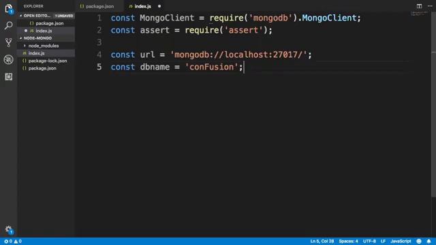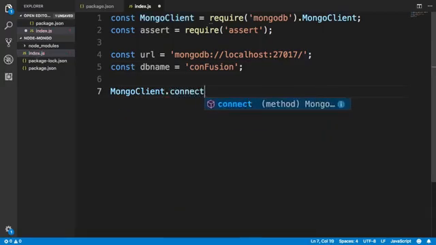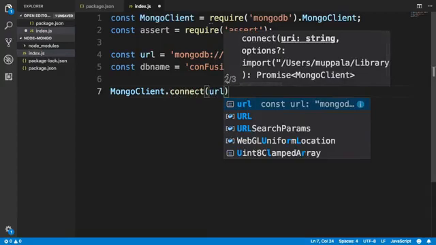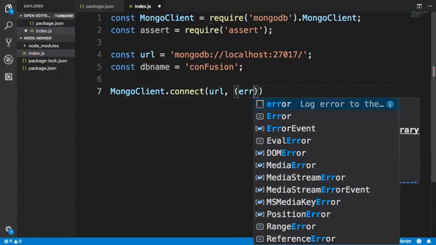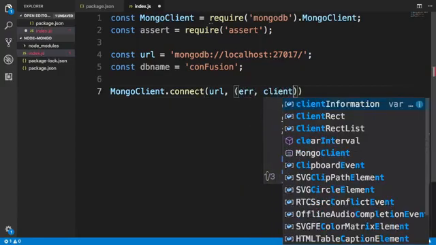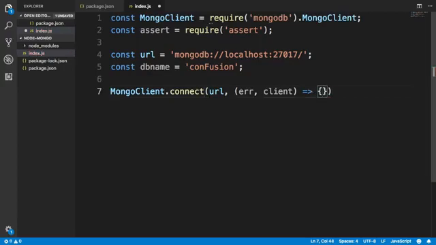Now, to access the server, we'll say MongoClient.connect. The connect method allows us to connect to our MongoDB server. It takes the URL of the MongoDB server as the first parameter, and the second parameter is a callback function. The callback function has two parameters, the error value and client, which we can then use to connect to our database and then perform various